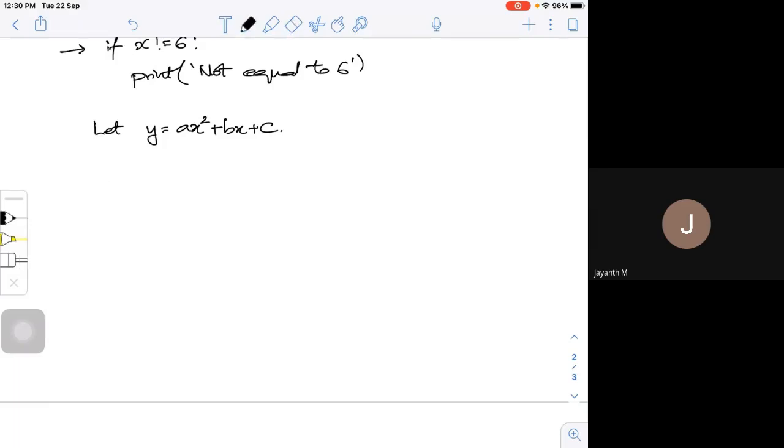That means add all the values of y for x, for x value varying from maybe something like 0.5 to some 2 in steps of 0.1.